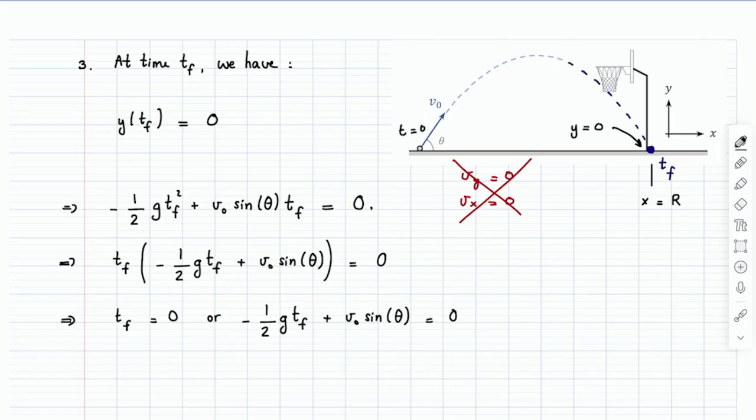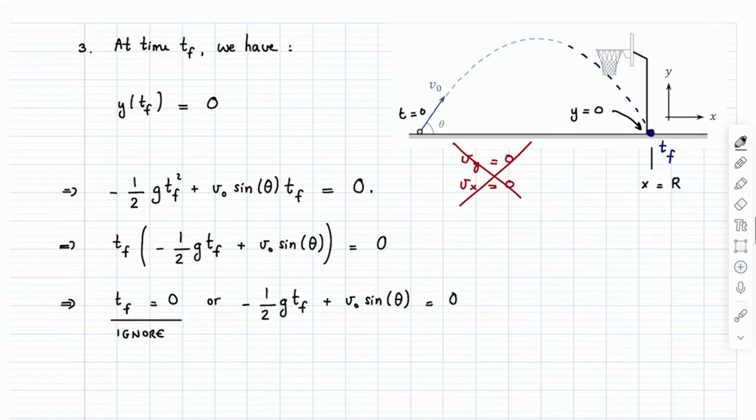Math just says, hey, you asked me when y is 0. I'm telling you, it happens here and then somewhere here. But I have no way as math to tell you which solution you should neglect or not. I'm just telling you what the solutions are. So the physics part, of course, tells you that we ignore this because this is not the time of flight. You haven't started flying. This is when you're leaving the ground, right?